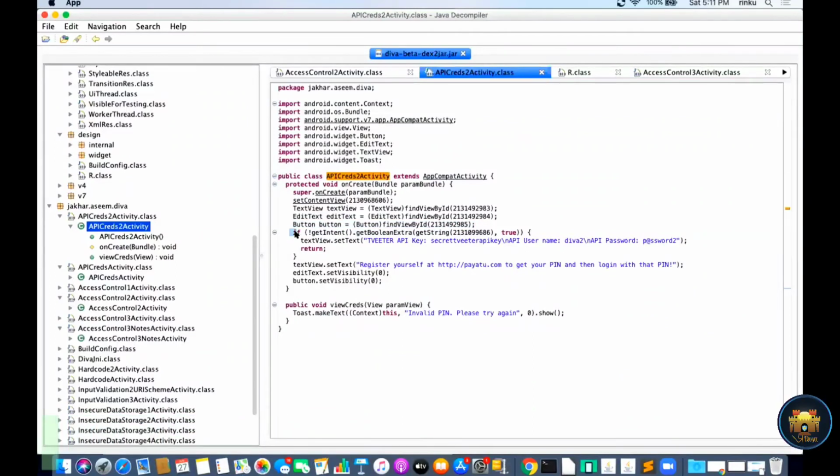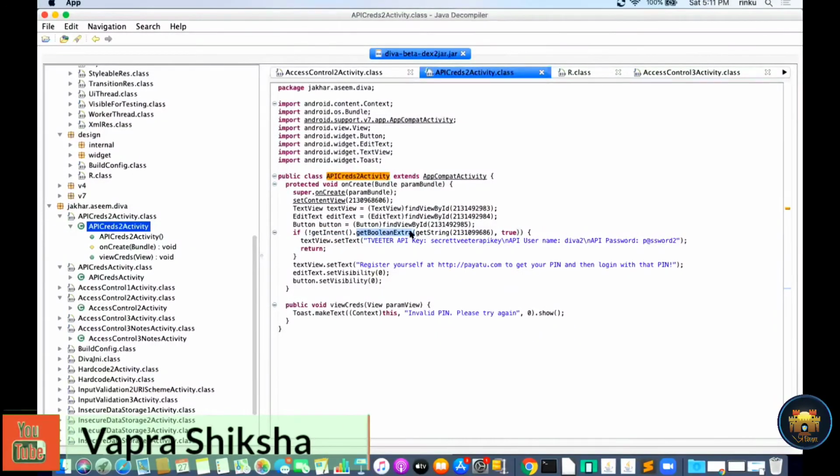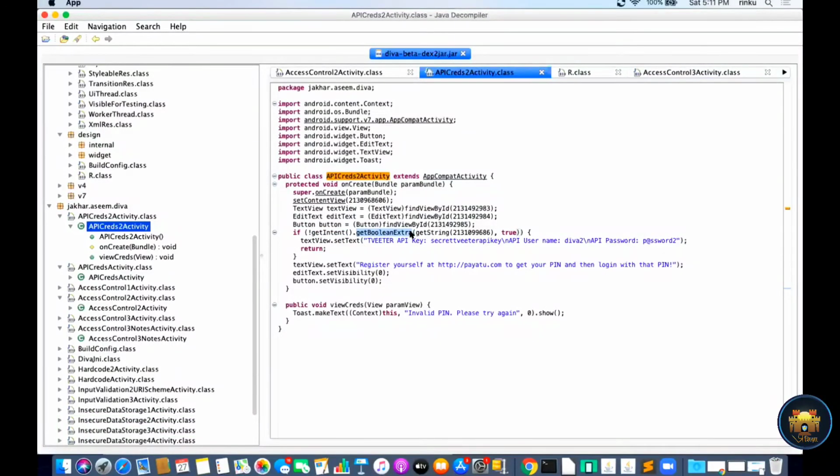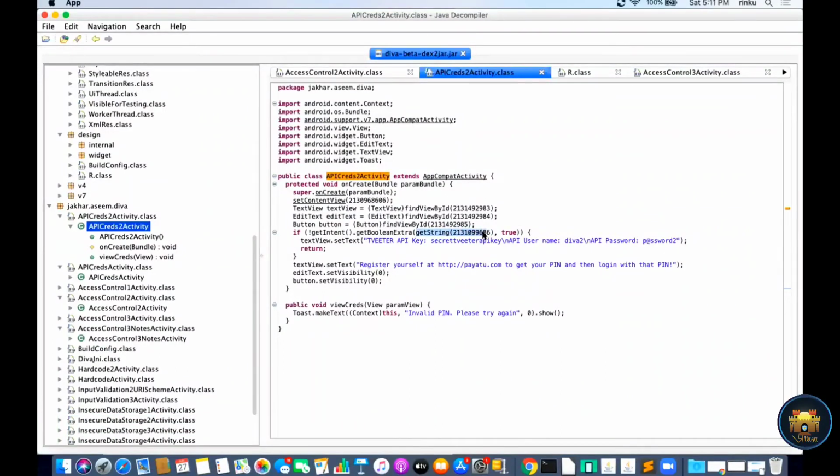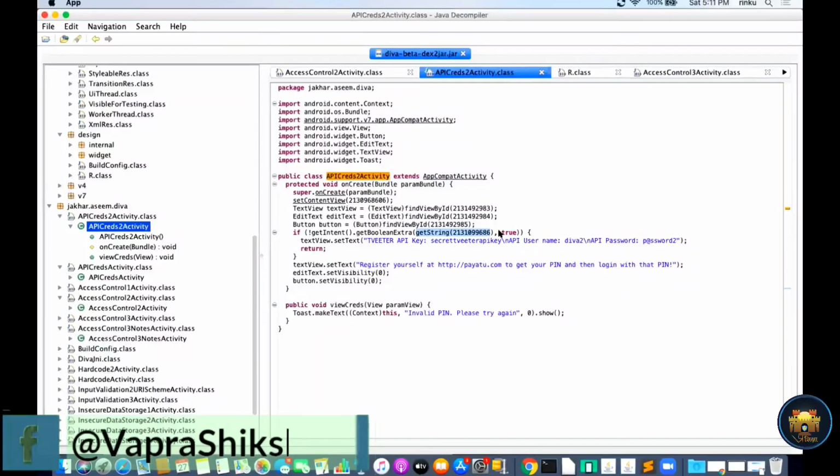After that we are checking getIntent for getting the intent, getBooleanExtra for getting the intent extra value with the intent. That is getString, that is the parameter, and we will search for what this parameter is in the next section, and this is the true value.